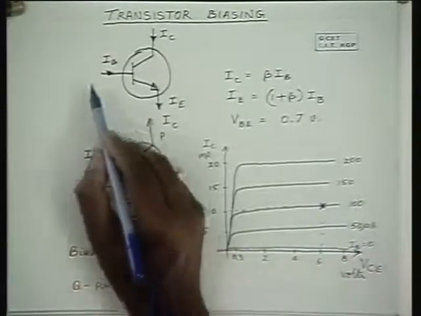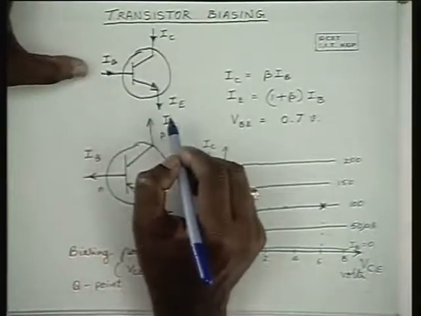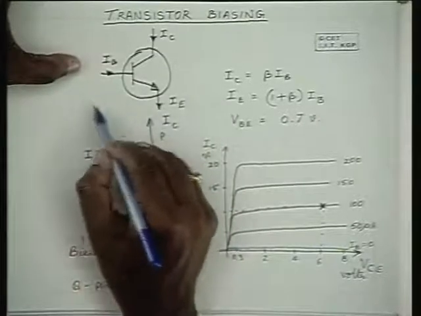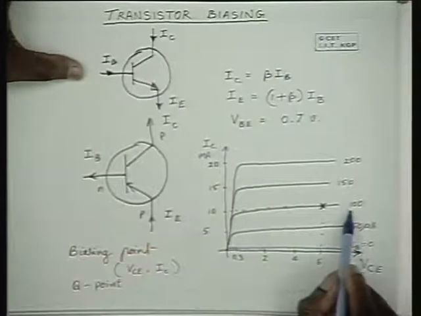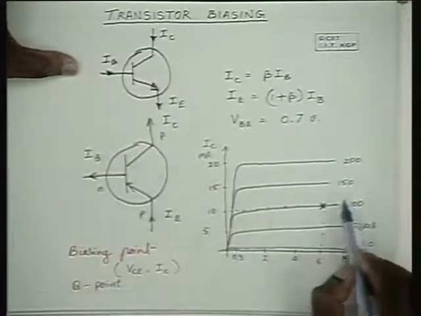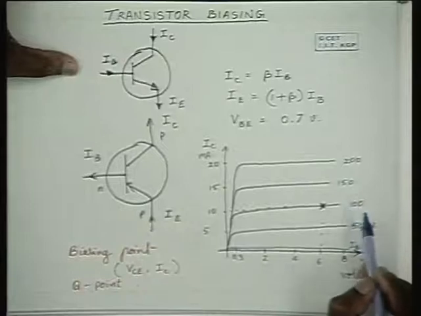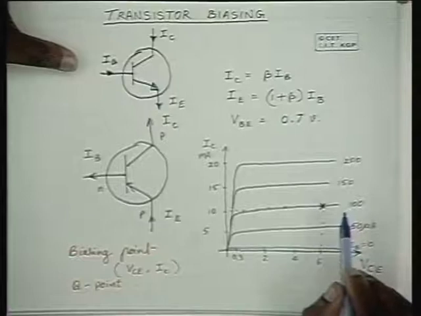Because of the added AC voltage, if the AC current tries to be more than 100 microamperes, then for the negative swing, the quiescent current plus the alternating component tries to go down to